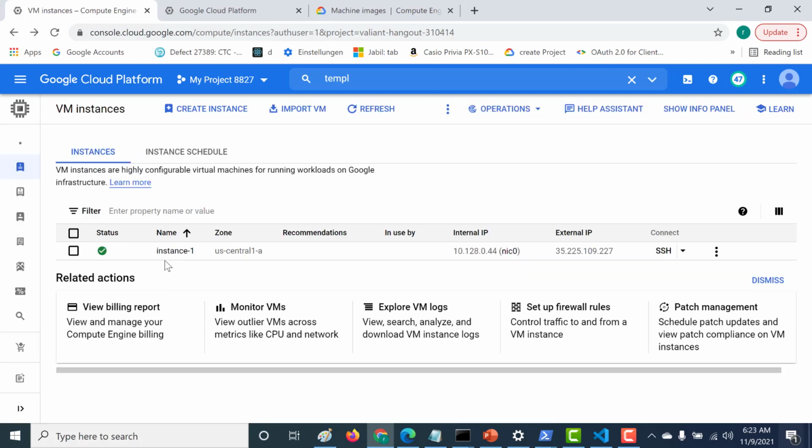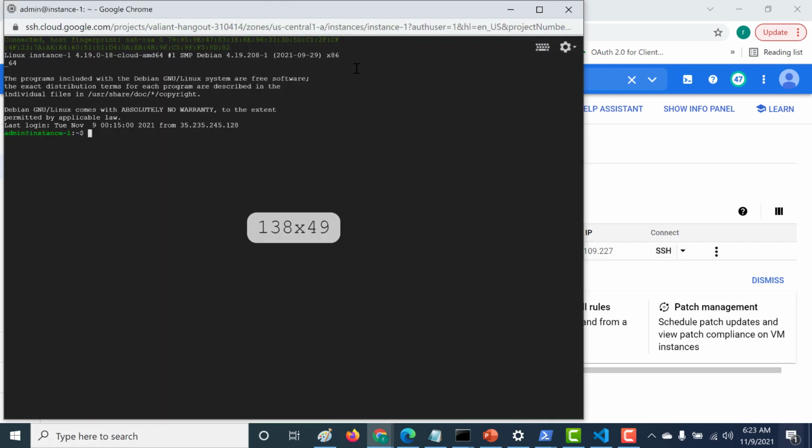So here I already have an existing instance created. Within this particular instance, I will log in using SSH, and here I will store some files. So let's say I will store some ABCD. Let's do an ls. So here I've stored two files, one is ABC and one is ABCD. So whenever I'm creating a machine image, I want the new image also to contain these particular files.